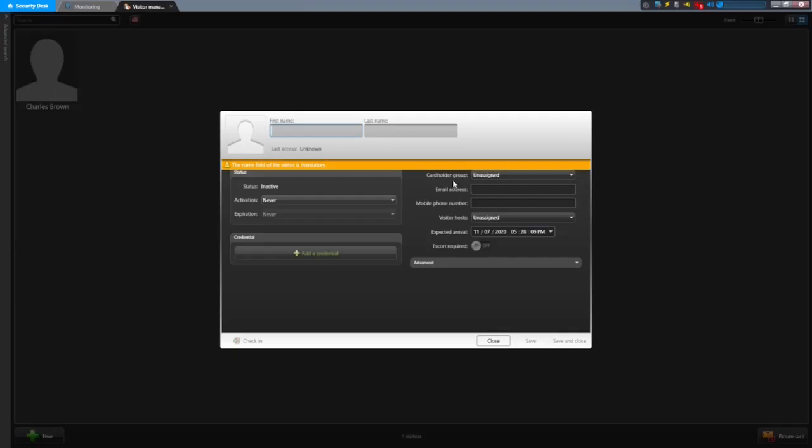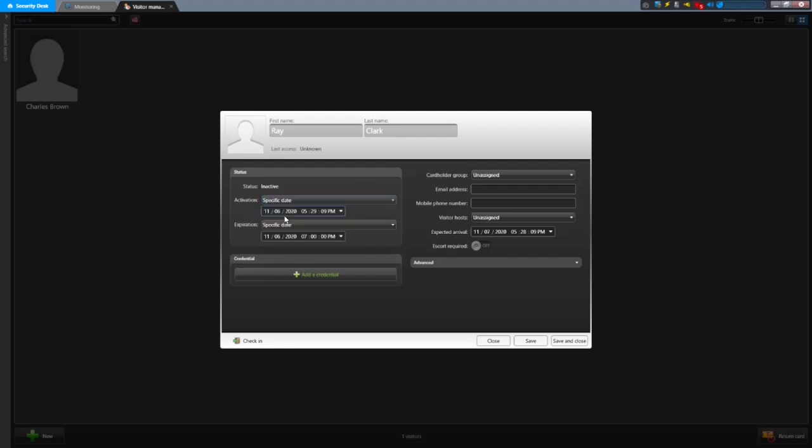Most of the fields are the same as what we saw for the regular cardholders, but let's take a look at some of the differences. First of all, by default, a visitor is created with an inactive status. Use the activation and expiration dates to say when this visitor cardholder will be usable. Instead of being able to say that a cardholder can escort visitors, from the visitor creation screen we can choose